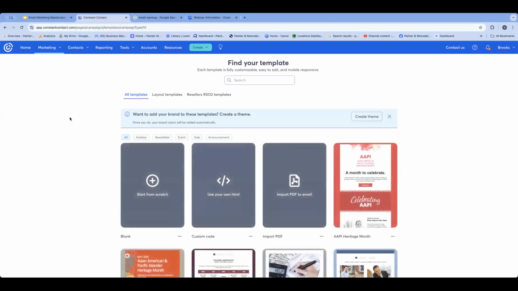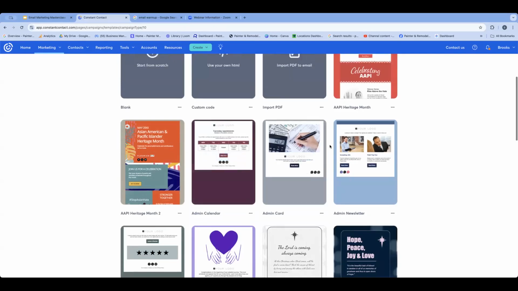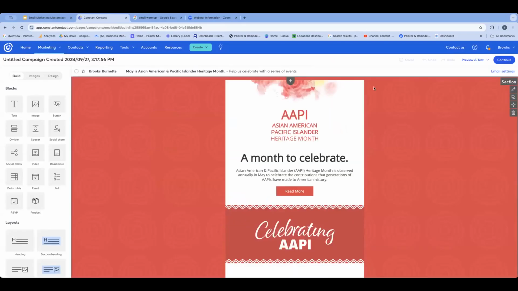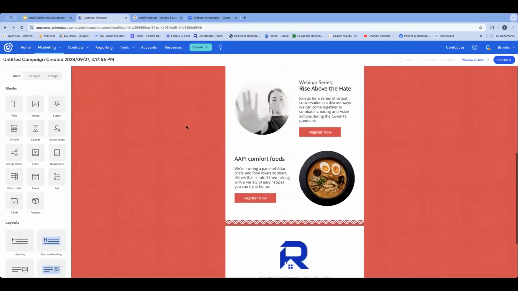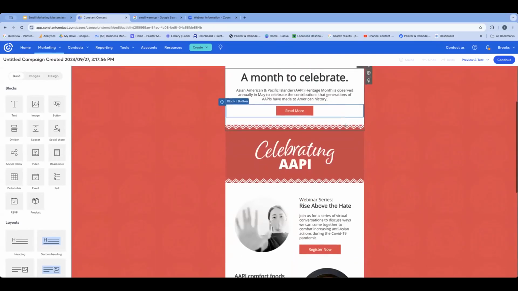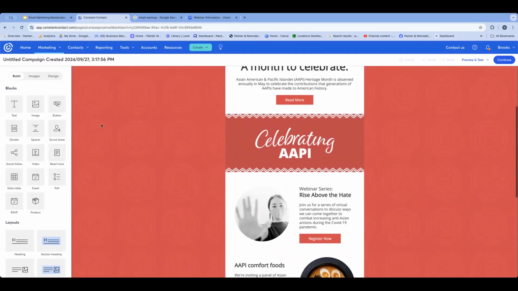And so they provide all these templates for you. That's one thing to make things really easy and simple. Find an email provider that does give you templates because it makes things really easy. So let's just say we're going to go with this one. Kind of a strange template here. But anyway, so you can use this and start creating your email here.